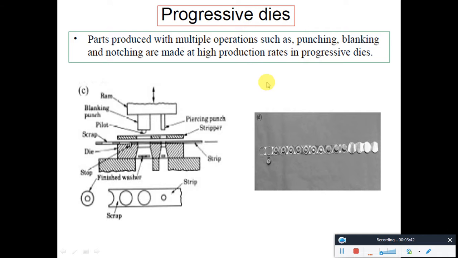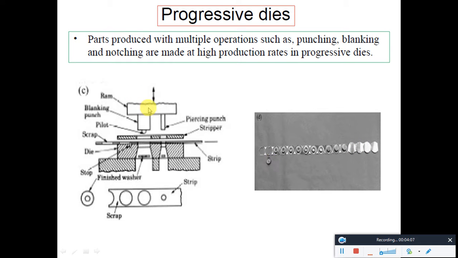And when you say a progressive die, see, this is the final product. But within one stroke, you see these many operations are done. And after the progressive movement of this particular sheet metal inside the die, the next operations would be done, and finally you will get the product like this.